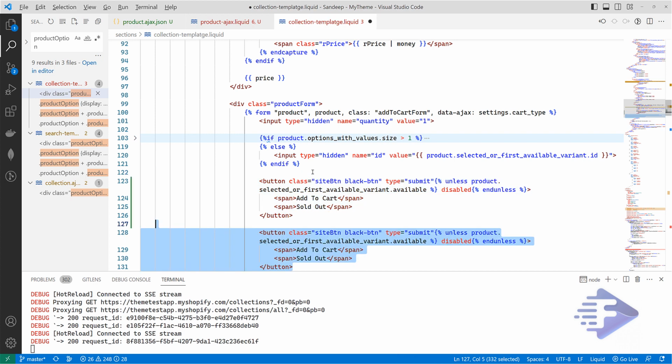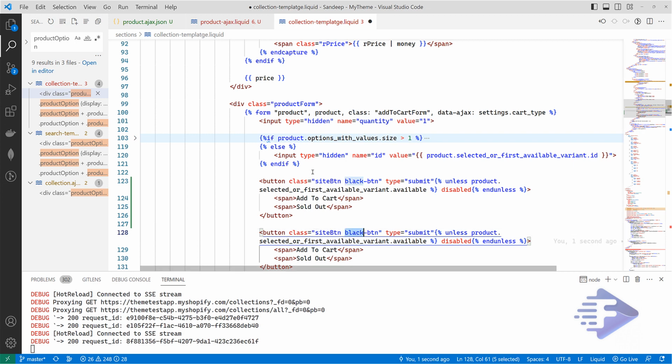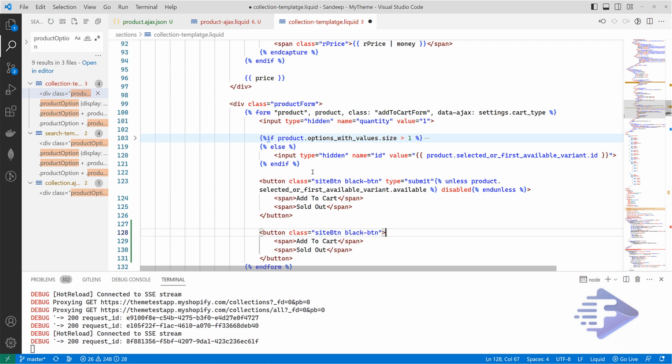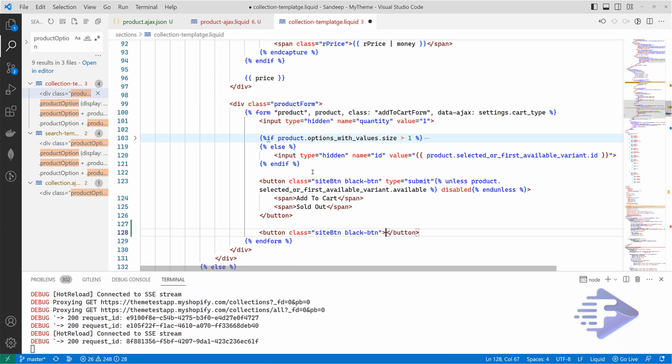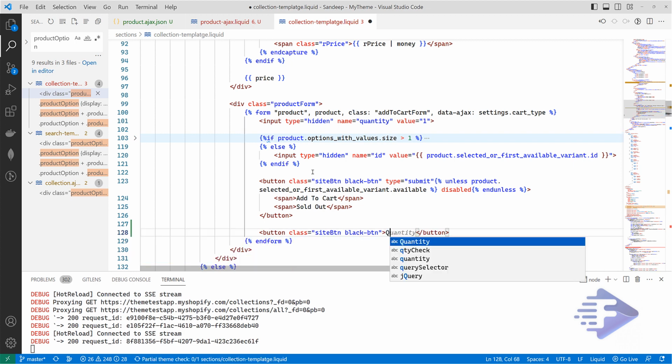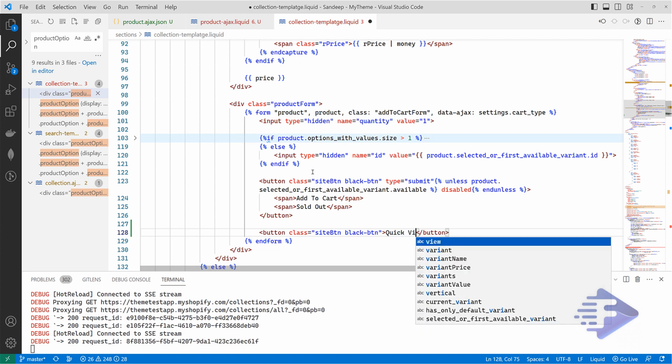I'm going to add this one, and let's say not submit. Nothing will be here, and this will be the quick view button.